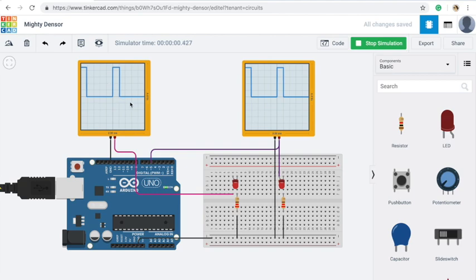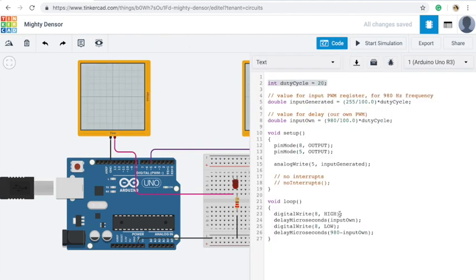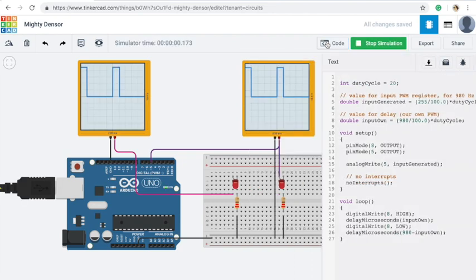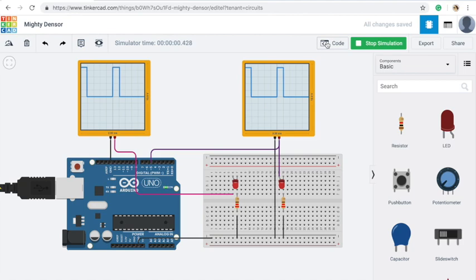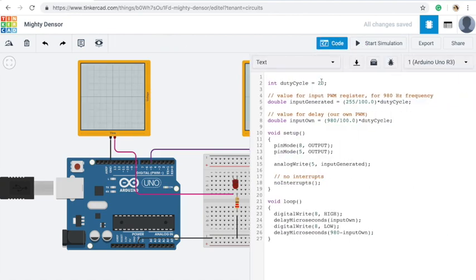It seems like the signal is not stable, but we can fix it by switching off the interrupts. Now it's possible to see that the signals are the same. We will check it one more time for 50% duty